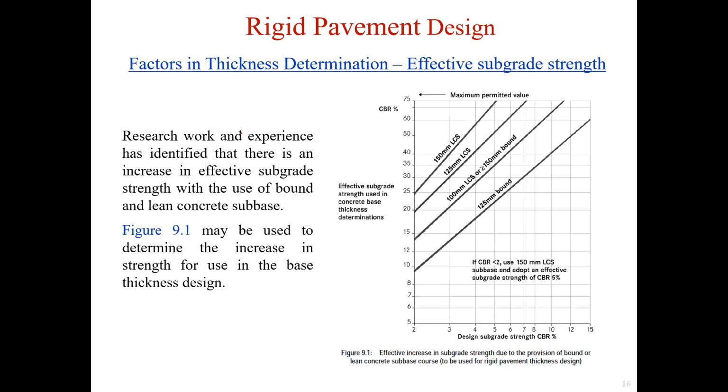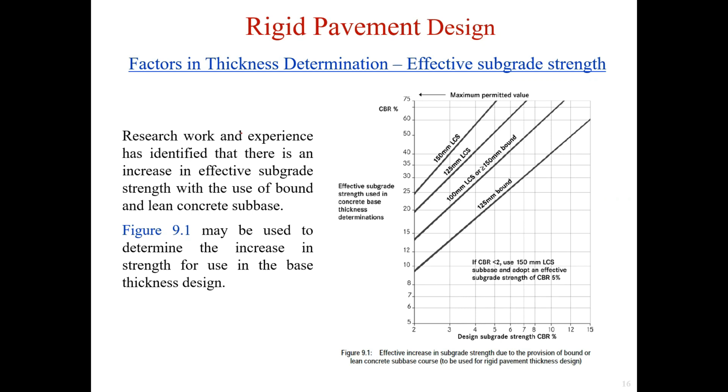The effective subgrade strength also influences the thickness determination. The composite strength of the subgrade and the embedment soil below it is termed the effective subgrade strength. Previous research and experience have indicated there is an increase in effective subgrade strength with the use of bond and lean concrete subbase. The figure, Figure 9.1, could be used to determine the effective subgrade strength using the